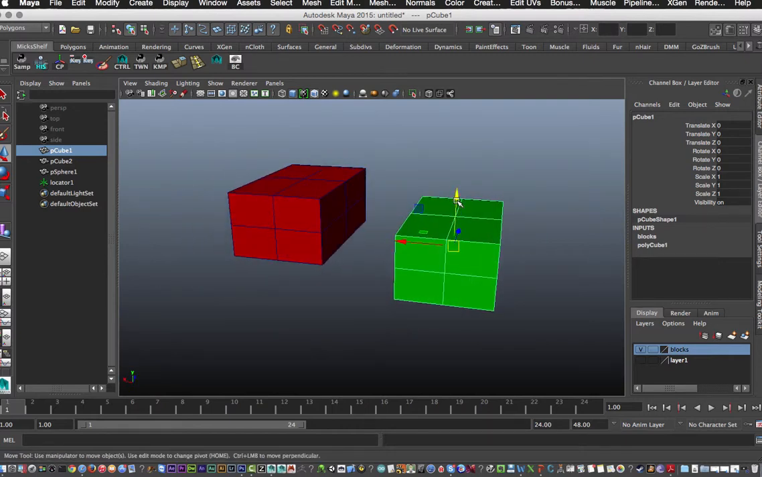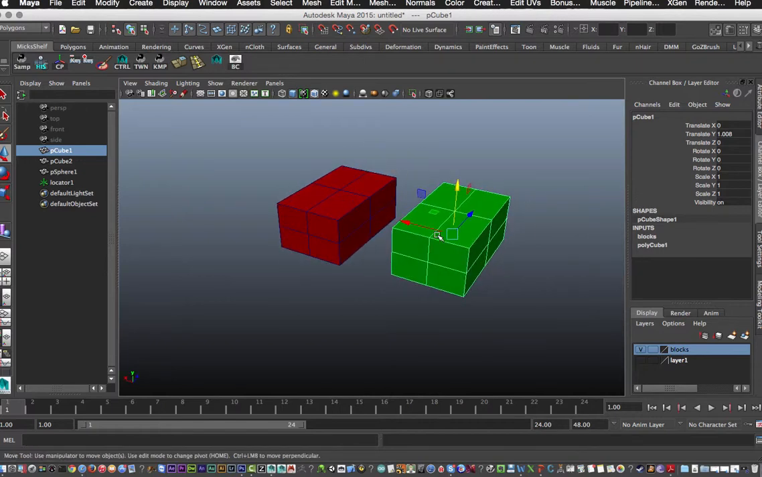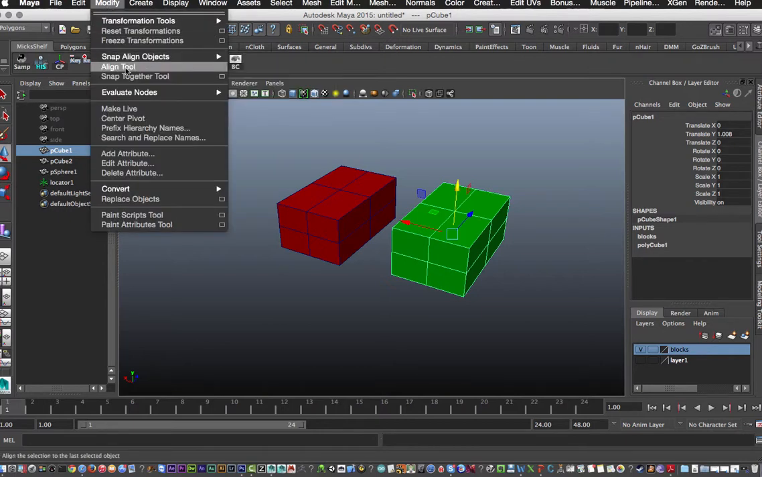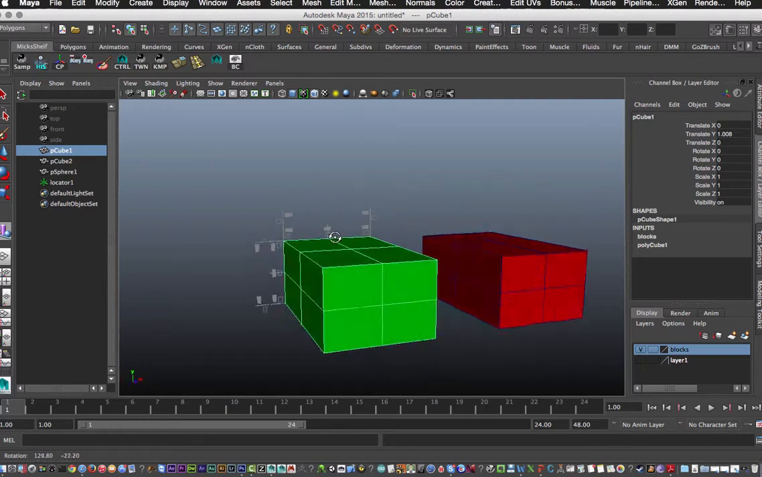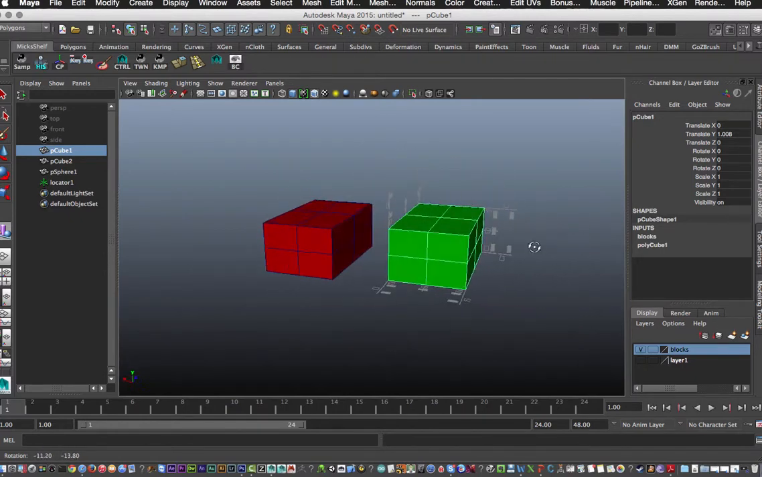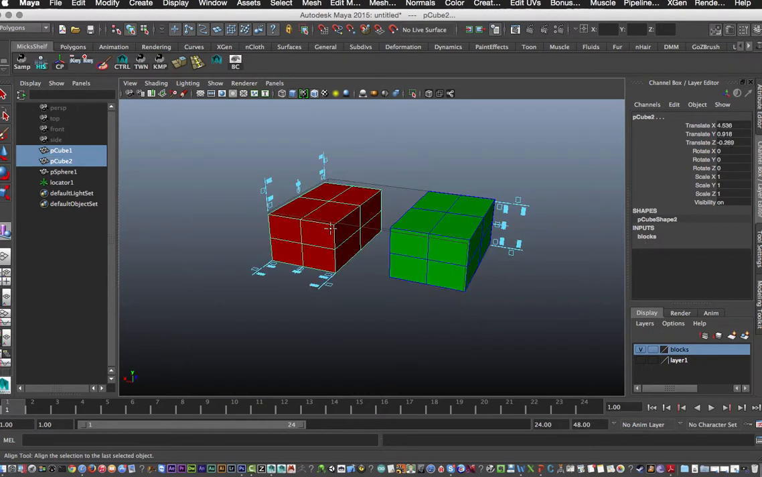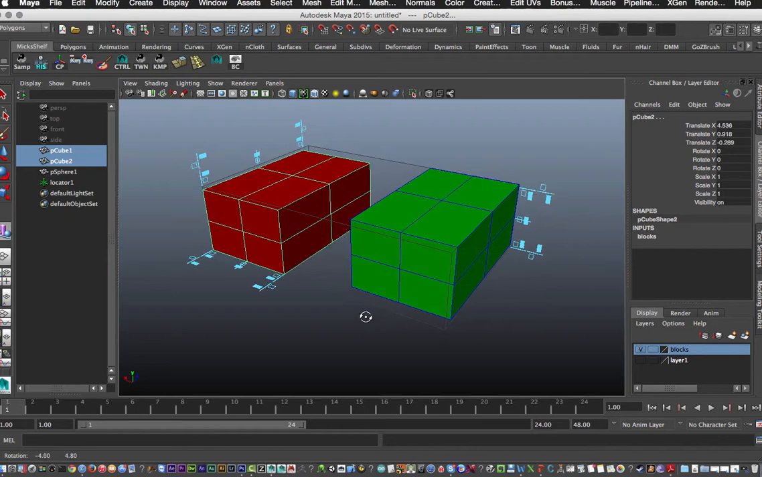Okay, now I can move it up. Now I'm going to use another tool to align this green block to the red block. And under modify, we have our align tool. Turn that on and you'll actually see alignment markers. You see those? So if I shift select this one, there they go. And they're fairly self-explanatory. It's just good to jump in and have a bit of a go and just experiment